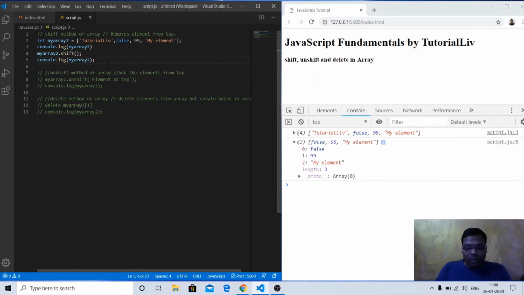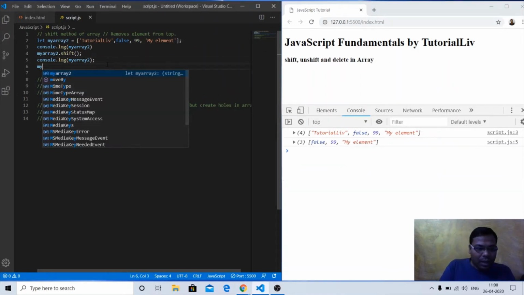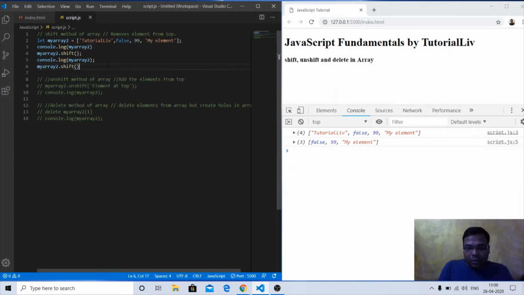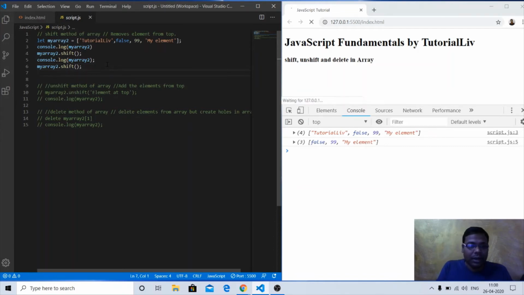Similarly, if I call myArr2.shift once again, just try to think which element it should remove from the array at this time. It will remove false, the first element of the array.